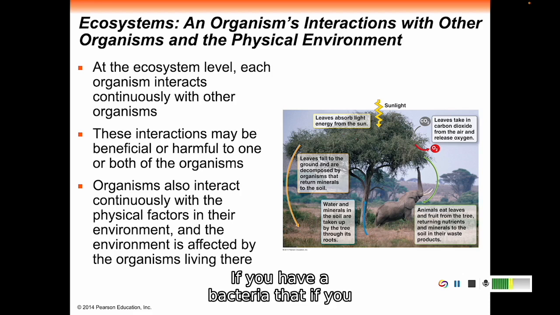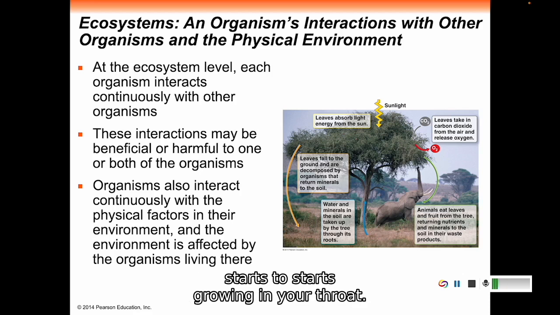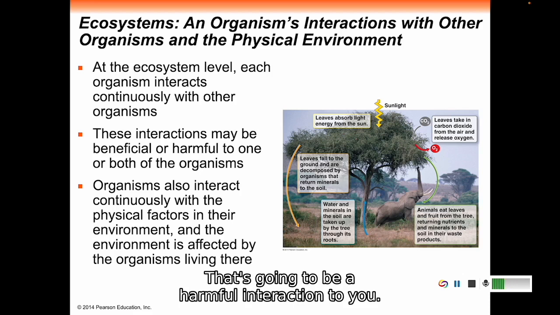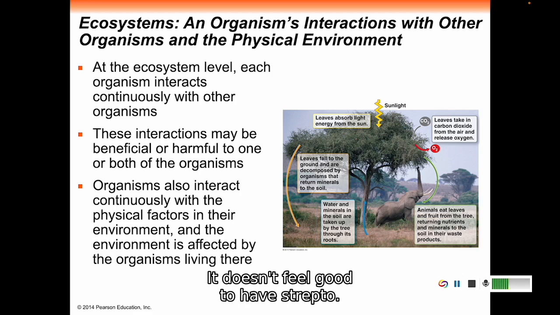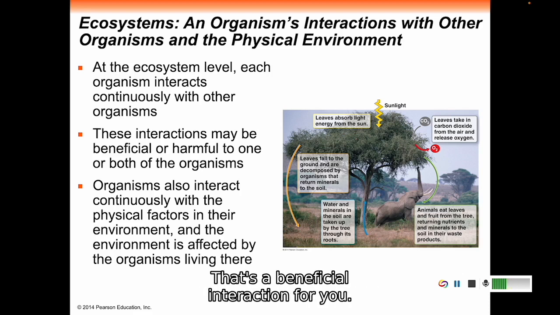So if you have strep throat bacteria that gets into your throat and starts growing in your throat, that's going to be a harmful interaction to you. It doesn't feel good to have strep throat. But if it is a good bacteria in your intestines helping digest your food, keeping you healthy, that's a beneficial